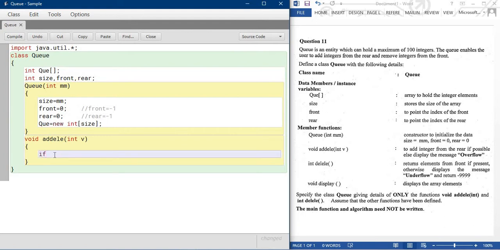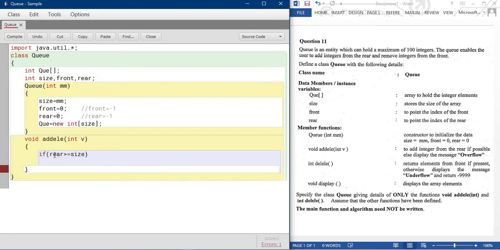Now if your rear is greater than or equal to size, it is not possible to enter any value.